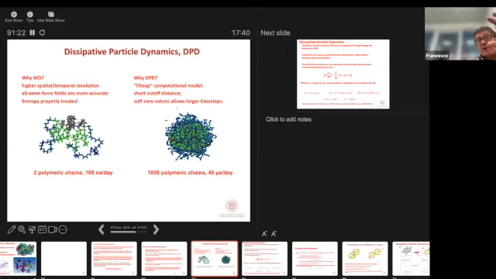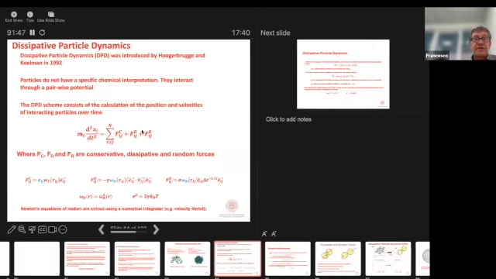But the particle is soft, so they can interpenetrate with one another. And if they interpenetrate one another, then they behave like a particle of fluid. And so we don't lose the entropy. We can still have the proper entropy. And we can do very big simulations. We lose the atomistic level of theory.